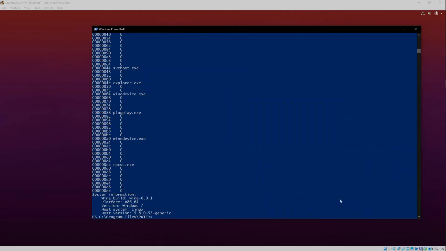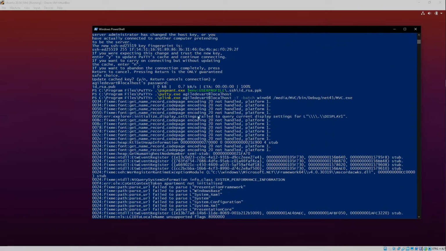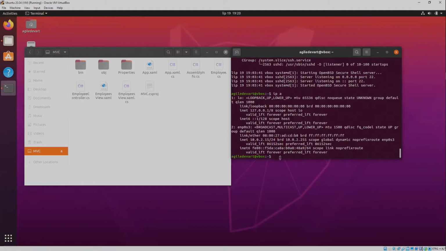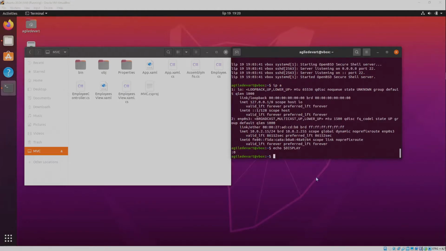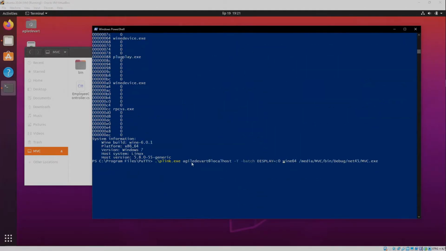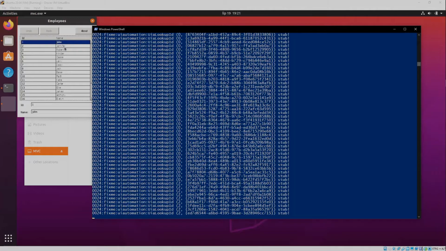This time the application didn't start, and here we also have the reason why. It couldn't find a display, and this is right, we don't have a display here, we only have a console, but we can use the display of the virtual machine and show the application there. Let's check the display environment variable of the session in VirtualBox and set the variable in the remote call. Now the app is displayed in this already existing session.